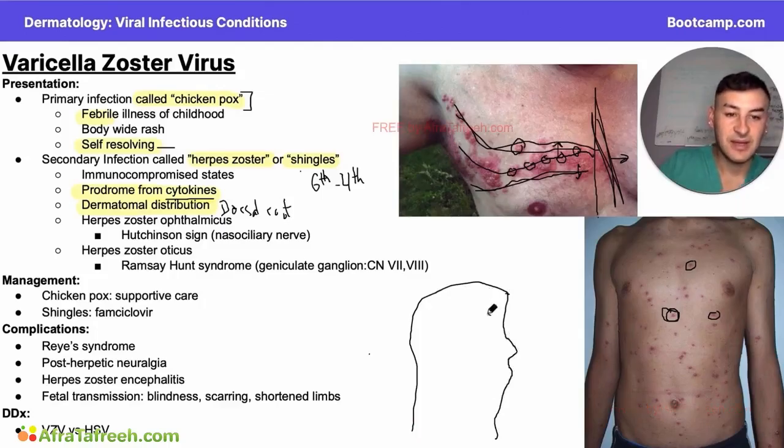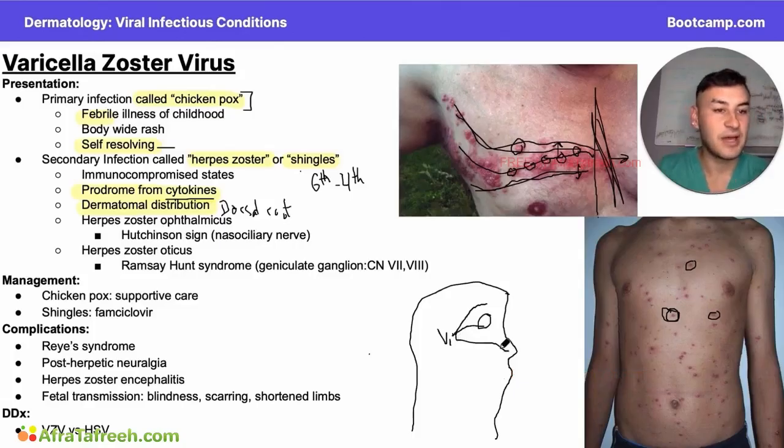And here's my eyeball here. So let's talk about our first pathology, which is going to be herpes zoster ophthalmicus. The key here is the trigeminal nerve, specifically the V1 branch, which is our ophthalmic branch of the trigeminal nerve. It's going to split off into 3 distributions off of V1. So V1 is going to have the frontal, the lacrimal, and the nasociliary, which is going to go out to